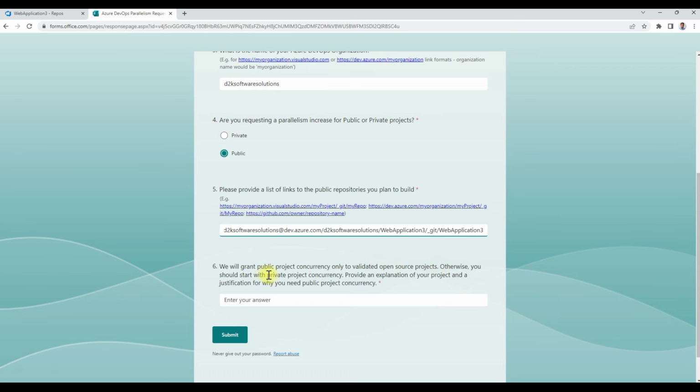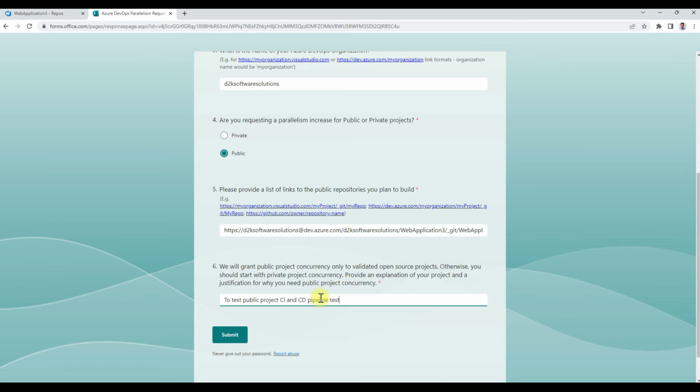Otherwise you should request private project concurrency. Provide an explanation: to test private public projects, CI and CD pipeline